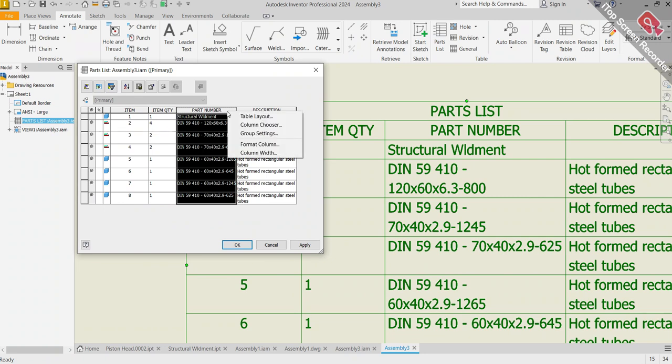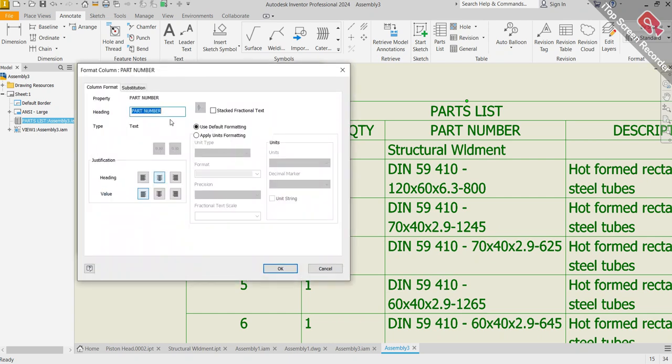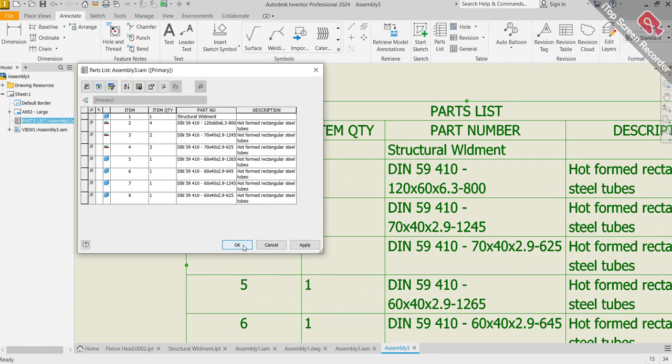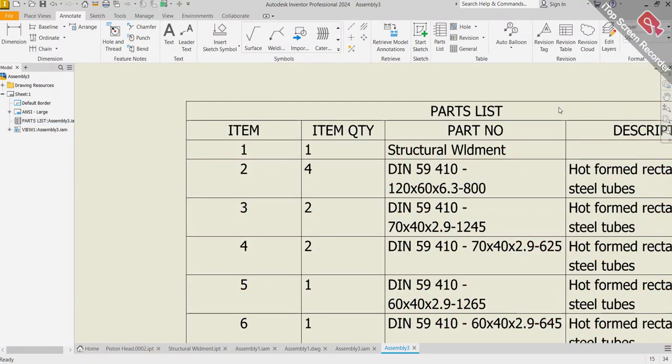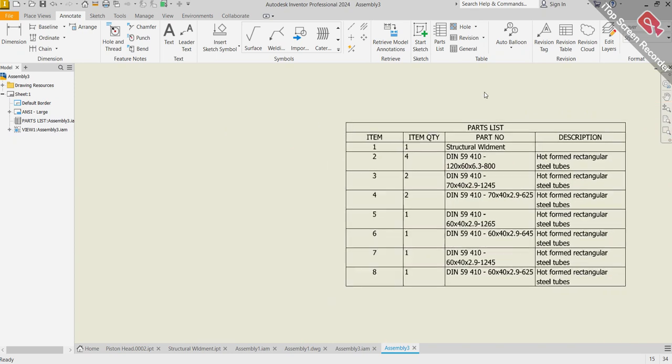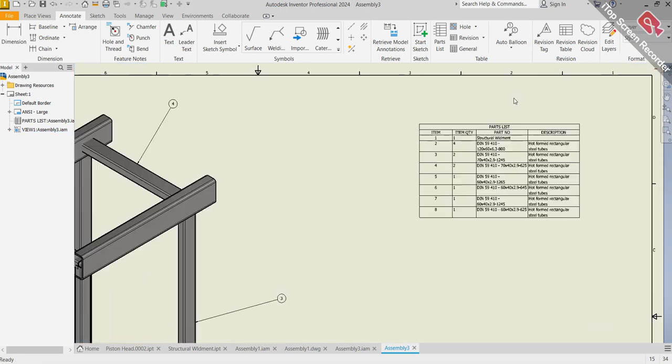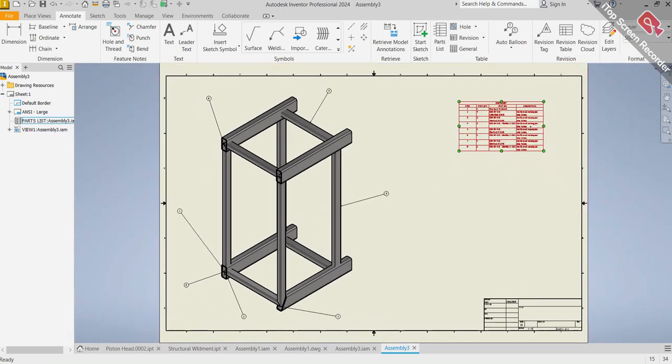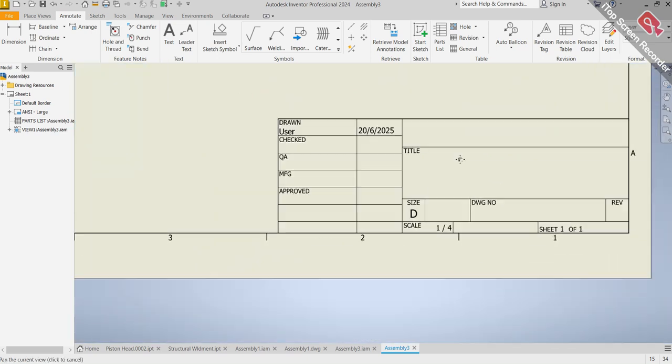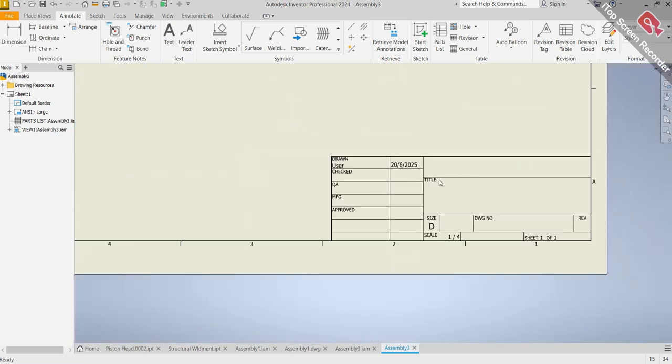You can right click format column. So you come here, and when you click on format column, you say part number. You can say part number, something like this. So just click OK, then click OK. So you have it as part number. You have something like this now. So I've been able to get this done, just showing you how to work with your balloons and bring out your parts list. Then if there's any other information you want to input, you can come